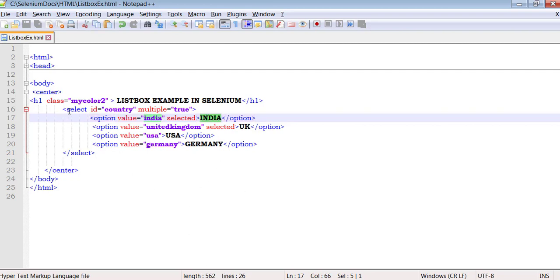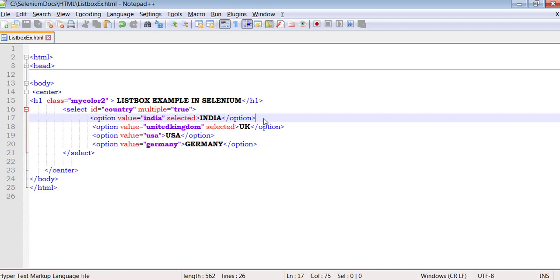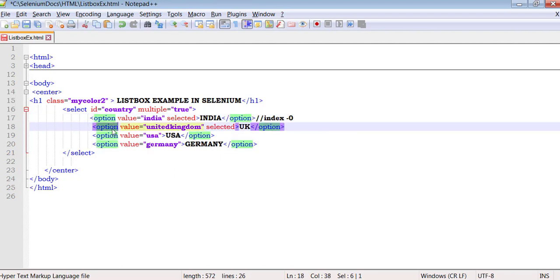So in a select tag, we have multiple options and each option has a value, and the value is different from the text which is displayed in the website. Here we also look at the option index. We can consider this option at index 0. Like that, this is index 1, index 2, index 3.